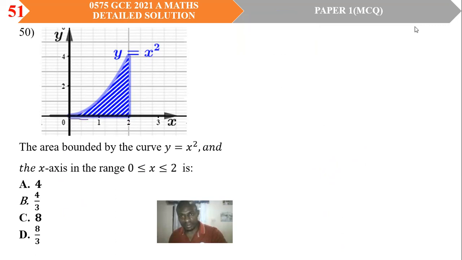Generally, the area bounded by any curve y equal f of x, the x-axis in the range x greater than or equal to a, less than or equal to b is defined by area equal the integral from a to b of f of x dx, which means that once you have a graph that has covered an area,